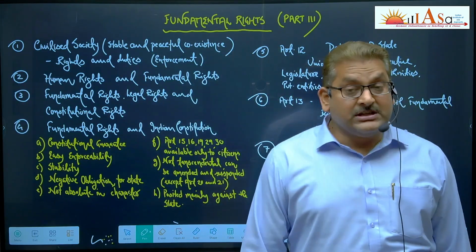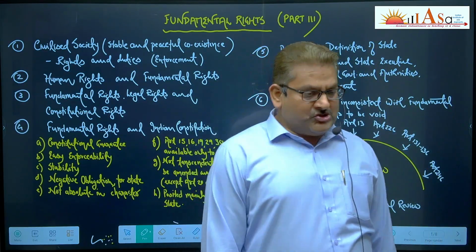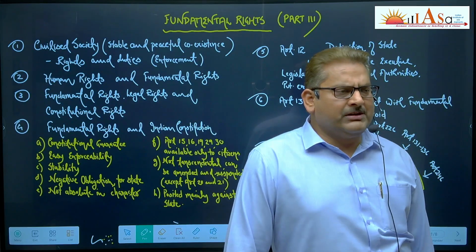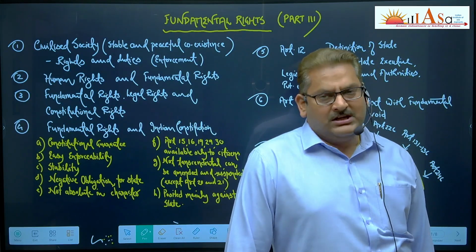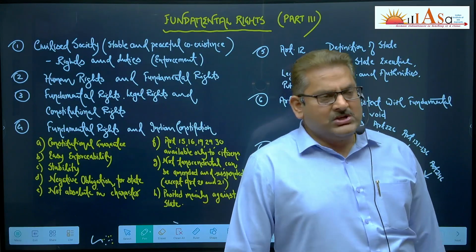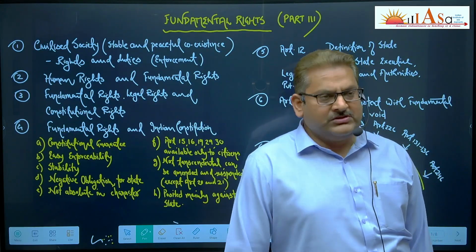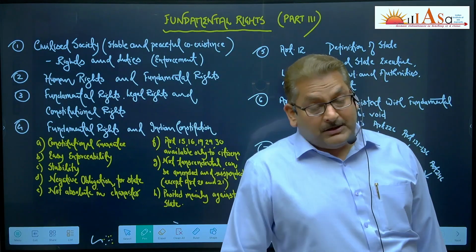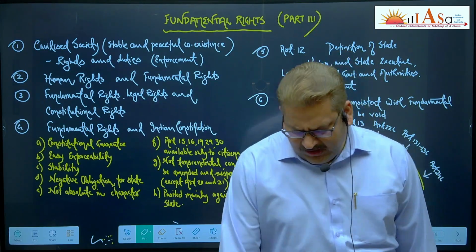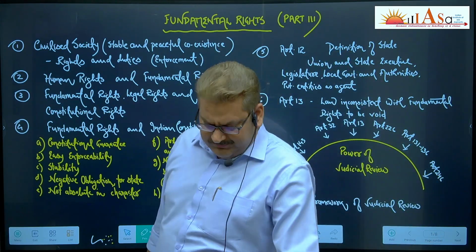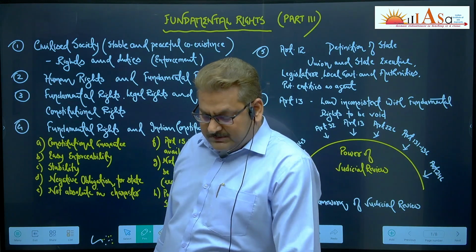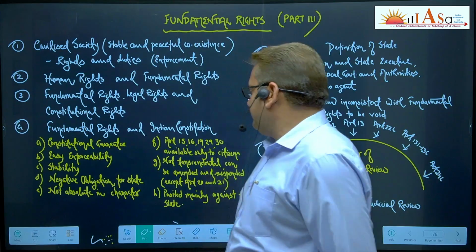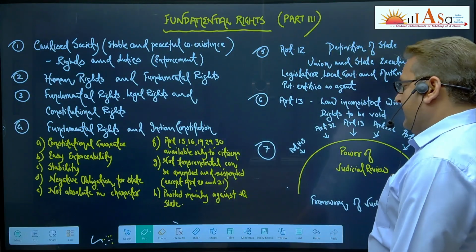Those things which are mentioned in the preamble. Although the basic structure has not been clearly defined by the Supreme Court, inference can be drawn from the various judgments of the Supreme Court. You talk about the sovereignty of this country, independence of judiciary, power of judicial review. Getting a point? And federal polity. All such things put together, and apart from others, constitute the basic structure of the Constitution. So up to this point is clear.